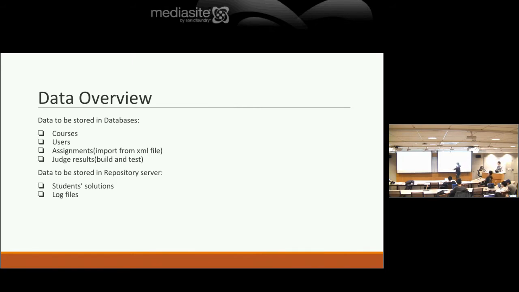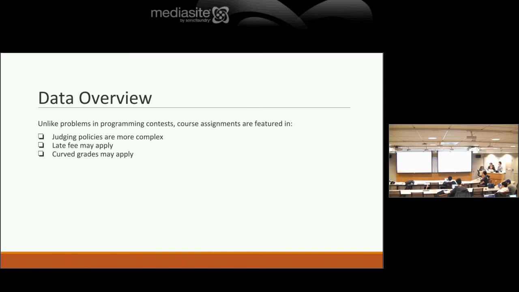The following data will be saved in the database: courses, users, assignments, and the judge results. And the following data will be saved in the repository server: student solutions. That's because, as I said, documents sometimes are necessary. But unlike the problems in the programming context, as we find on leetcode.com, where the solution is right or wrong,